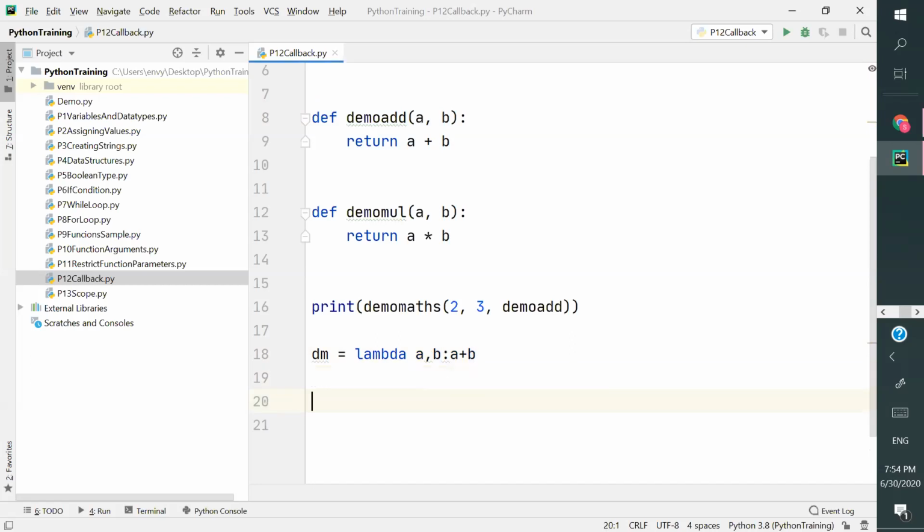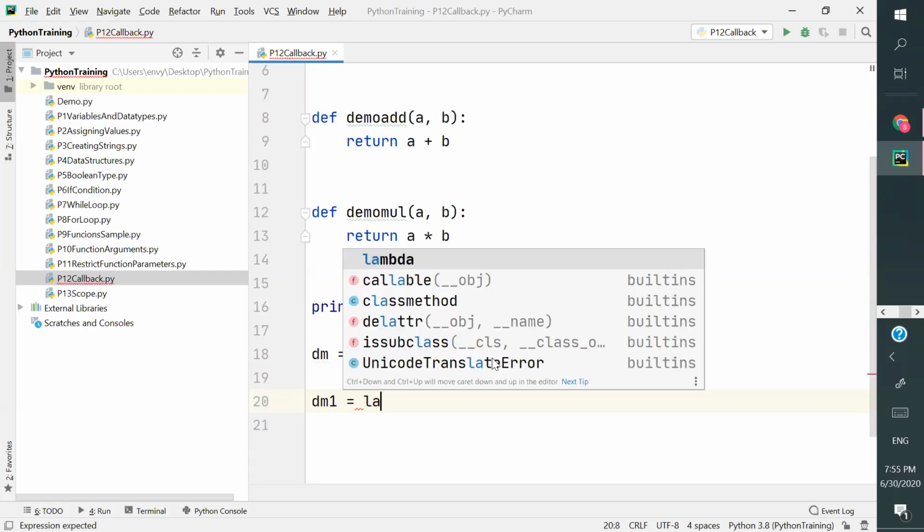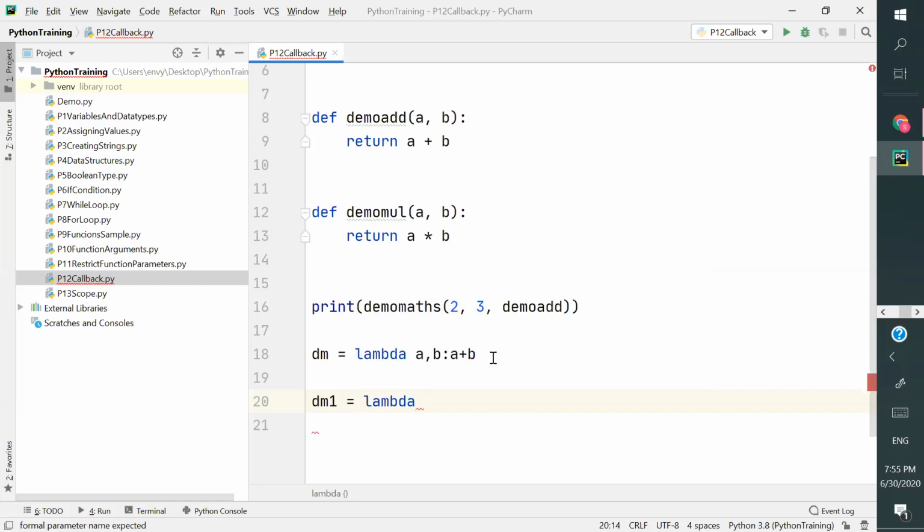And let's write one more. So let's say dm1 I am writing, and lambda. It takes only one parameter. Let's say n colon, and then I want to return whether this is an odd number or not.